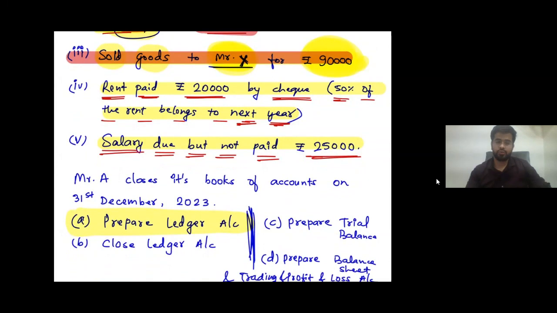Third, sold goods to Mr. X, rupees 90,000. That will give you your